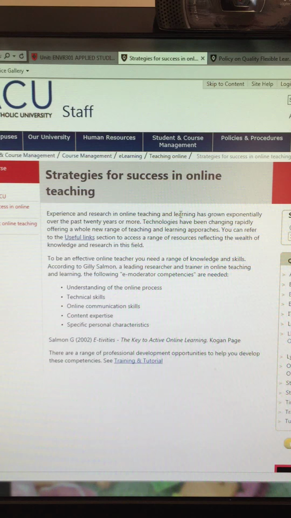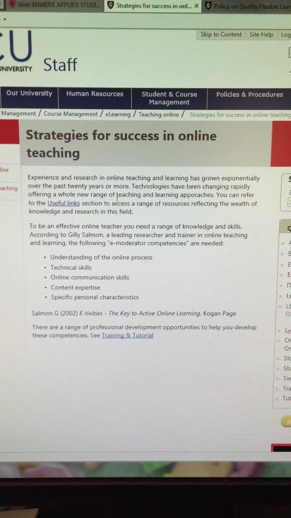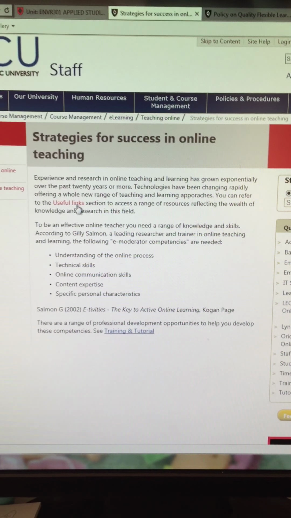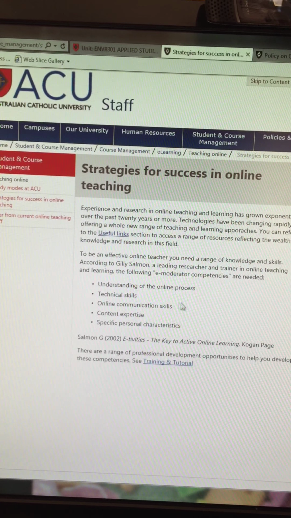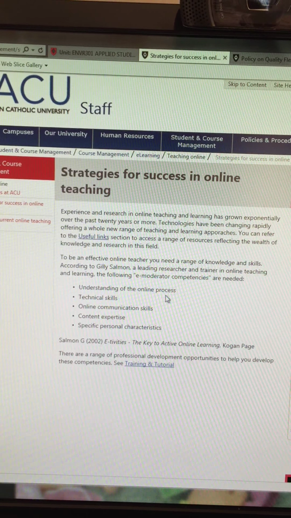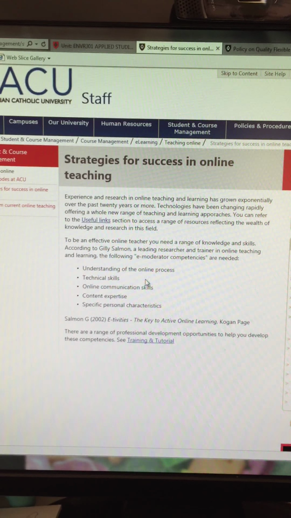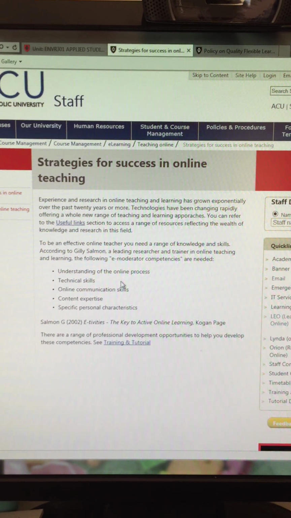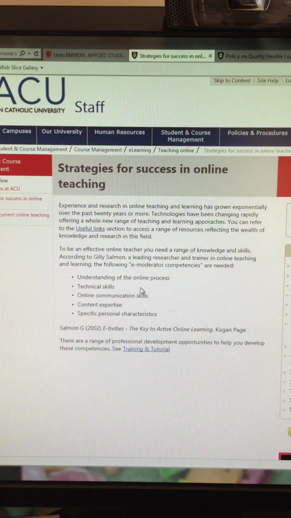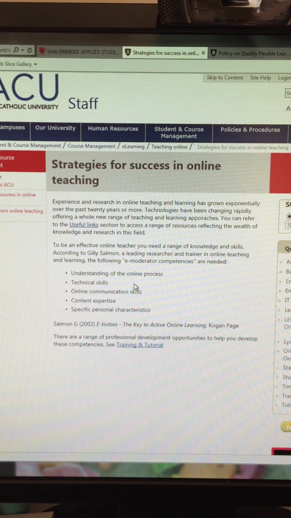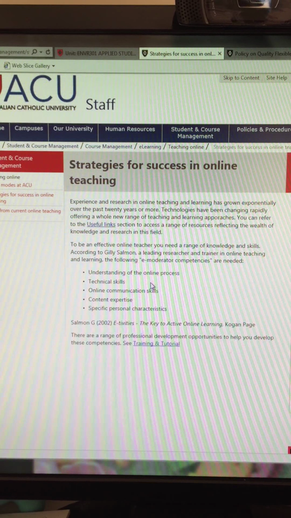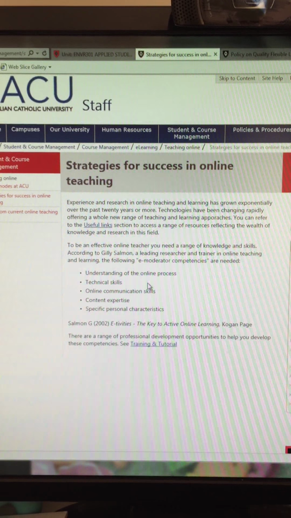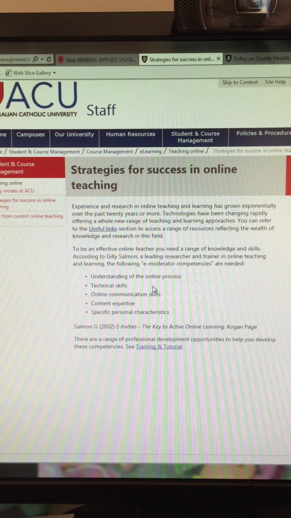I also found that there was another page which had strategies for success in online teaching, which I thought was more proactive, talking about different units that you could use, useful links for learning, how to do some e-moderation competencies which you can develop, which means understanding online processing, etc. And I refer to McIntyre 2014, where he talks about educators primarily needing to understand why it is important to embrace new technologies, and when considering their use, to place considerations of pedagogy and curriculum before those of technology to develop truly effective online learning initiatives.